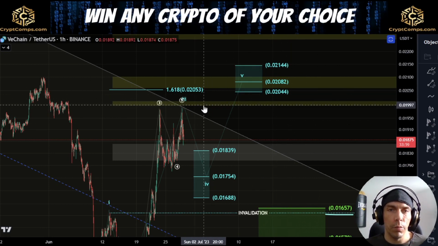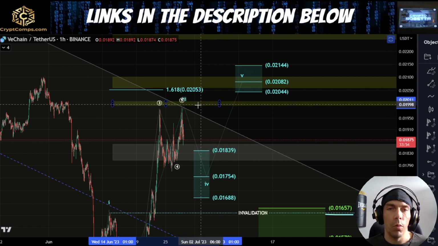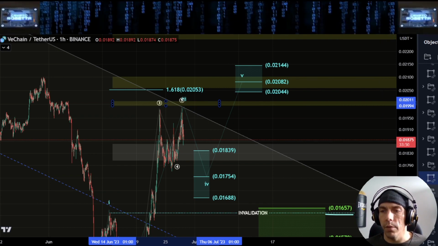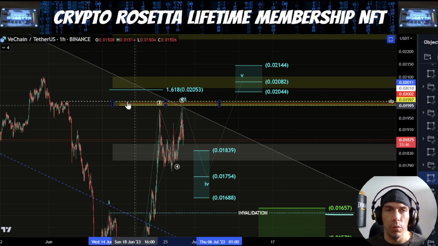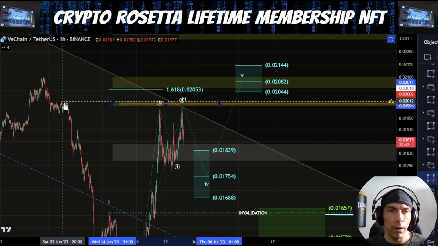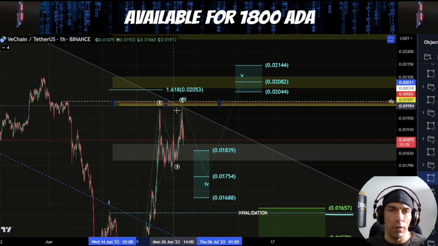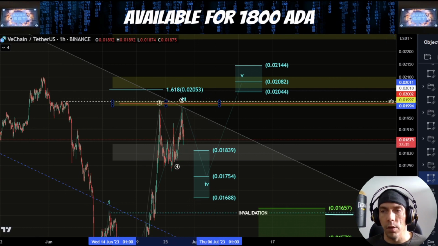Now we do have some target boxes up in this area. This 0.2011 to 0.1994 would be the first one, and within this box effectively what we have is some zones that I'm looking out for. We have a weekly and a daily naked point of control in here, and also looking out for the potential of swing fading these highs over here. Also, we have obviously this channel in this area, so it would be an interesting zone if we do see price push up into these levels.